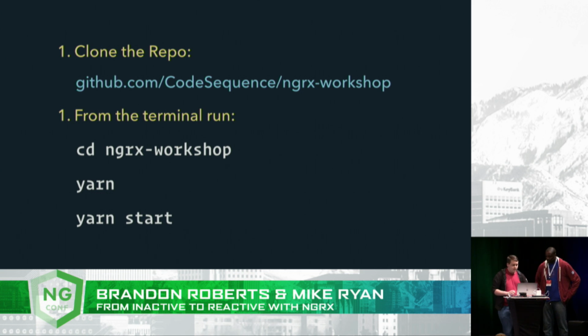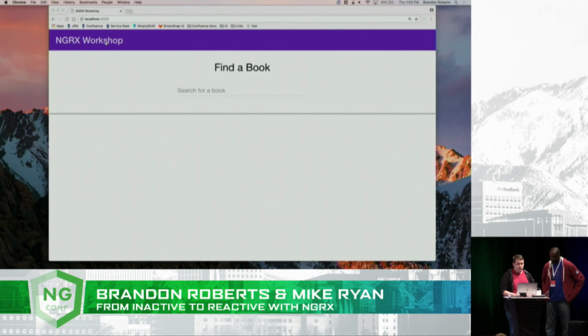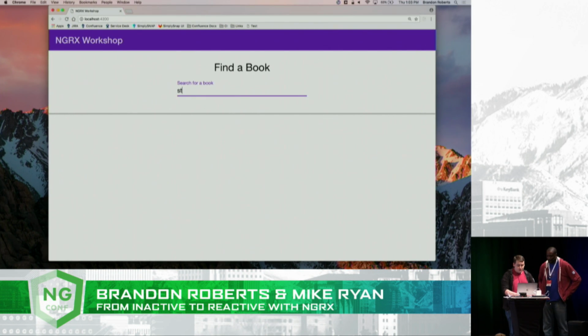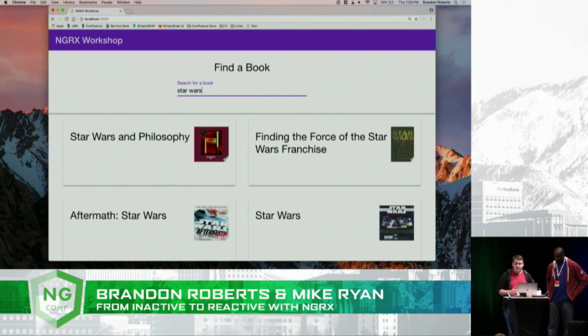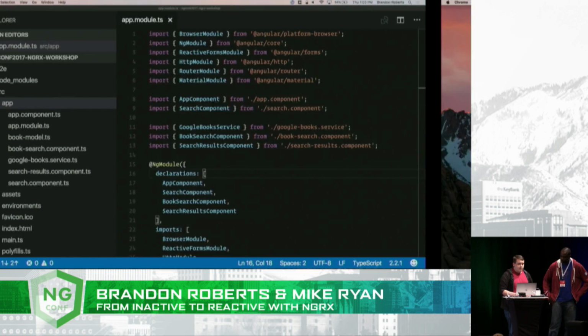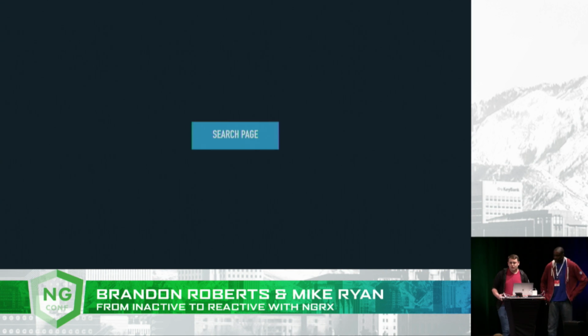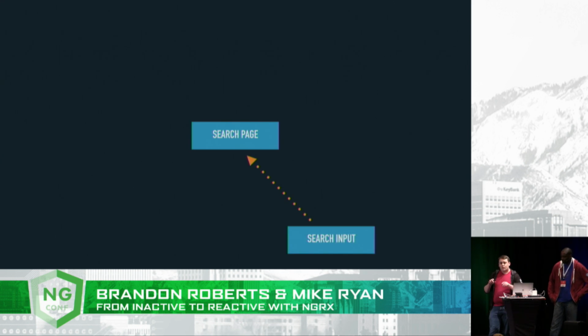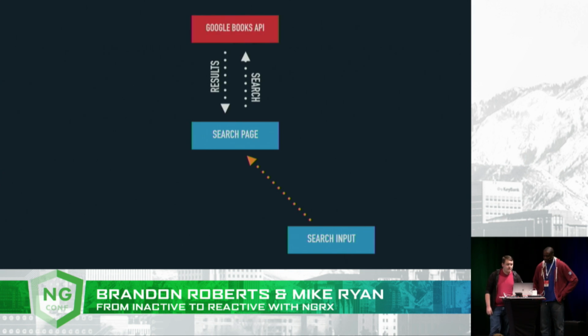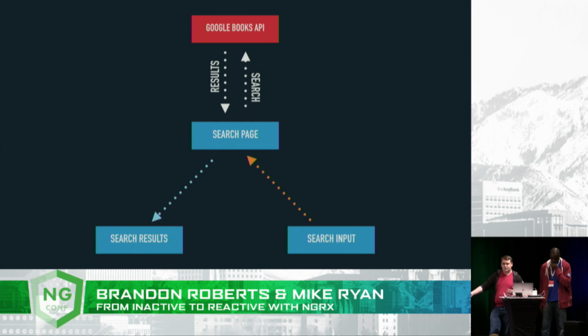So once you get it all set up, the app that we're going to be starting on is going to look like this. It's a simple book search app where you can type in a term and you can get book results back. But this application is currently rather inactive. And the way it works is we have this search page component. And it has a child, a search input. When the user queries for books, it's going to emit an output event to the search page. The search page is going to take that query and ask the Google Books API for a list of books that match that query. Once it gets results back, it's going to flow that to a search results component and